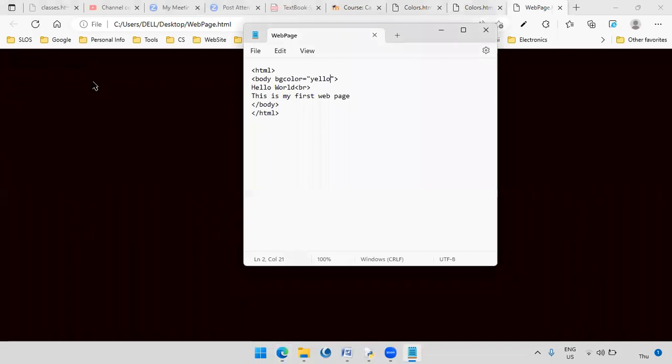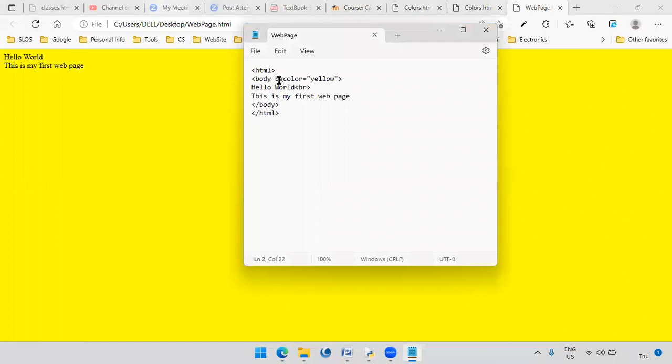The wrong spellings. Save and reload. There you are. Now, still we don't know how to use the hexadecimal part. So let's do it. Use the